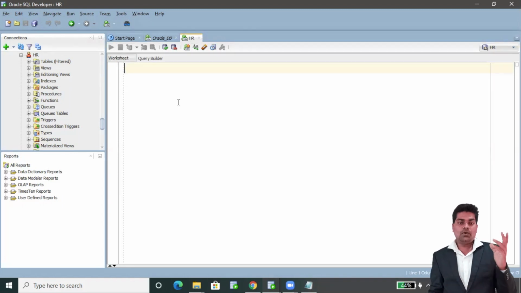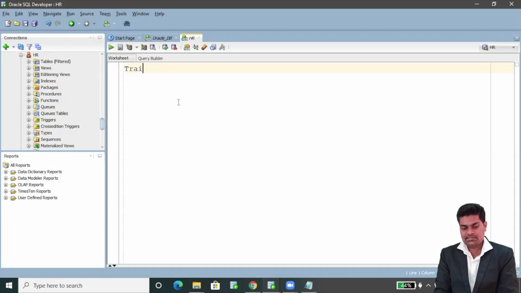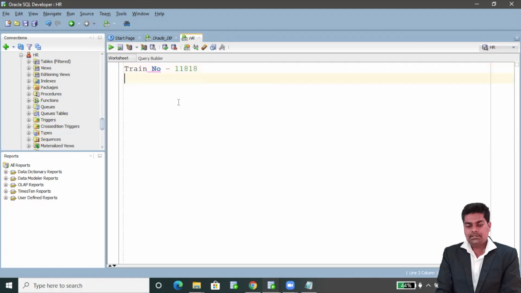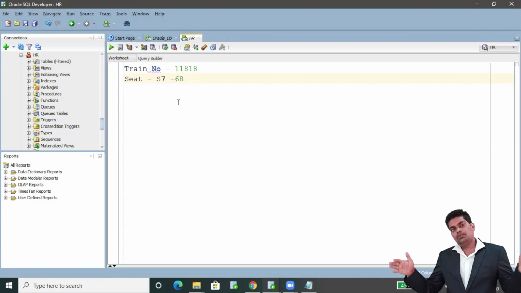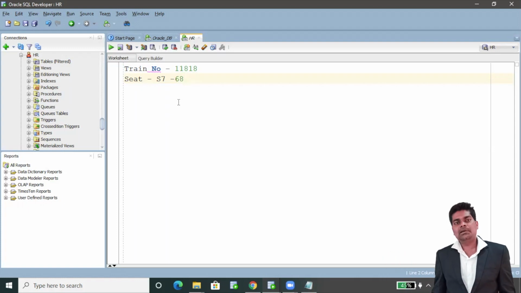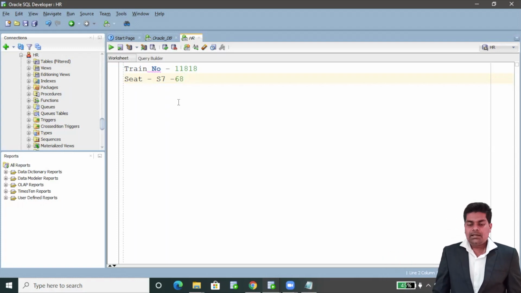So suppose my train number is 11818, and suppose I have done the reservation. In the reservation, suppose the seat allotted is S7 and 68. So there are, suppose, 12 coaches for the sleeper class of the train, and the seat number is 68.